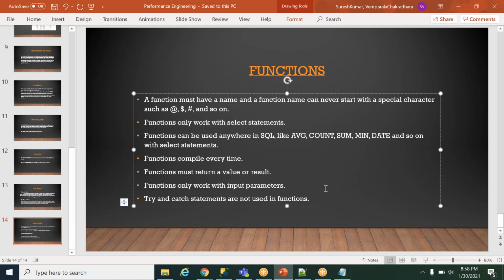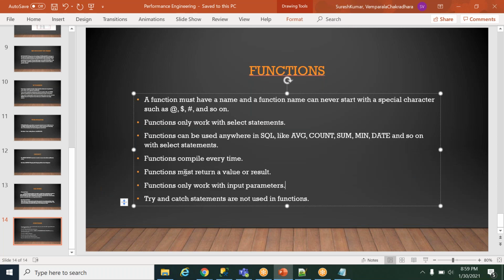Try catch statements will not be used in functions, meaning exception handling is not possible in functions, because we will not call any function directly in the coding side. We always call functions through a stored procedure itself. Directly, we cannot call a function anywhere. So when we are doing any transactions in the stored procedure and we get any error, definitely the try catch will be there. Even if we get an error in the function, the try catch will work in the SP itself. So we need not write any try catch; it is not even possible to write try catch in the function. Okay, any questions now?